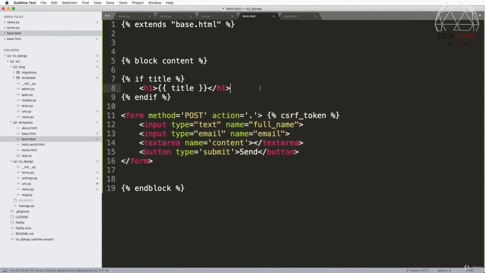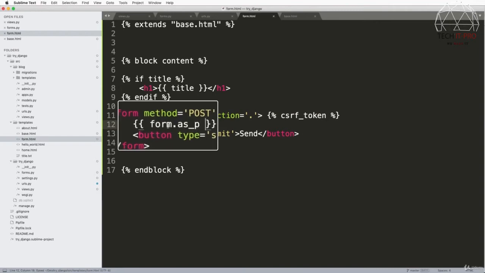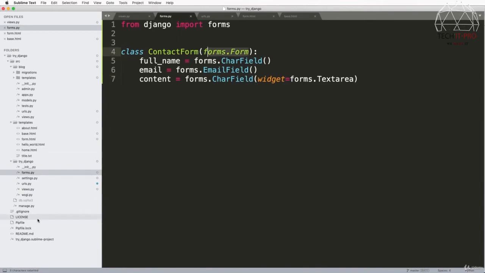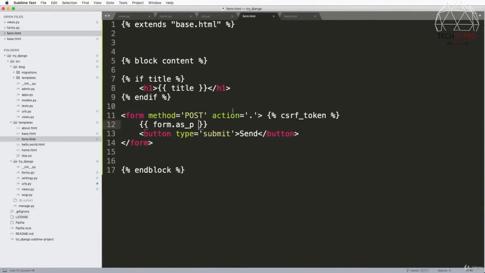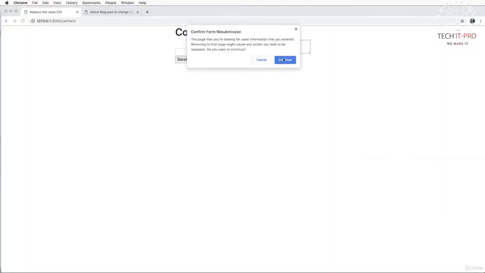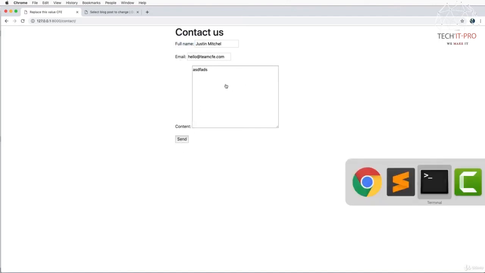We're going to pass this like that. And then in my form itself, instead of having these three inputs here, I can render out that form and just do form.as_p. So the form's being passed as context. So we see here, this is the form class itself. That form, of course, is coming from a Django form. And then in our template, we actually render it like this. Okay. So now I refresh in here, and the form has changed. I now have labels for everything. And if I hit send,